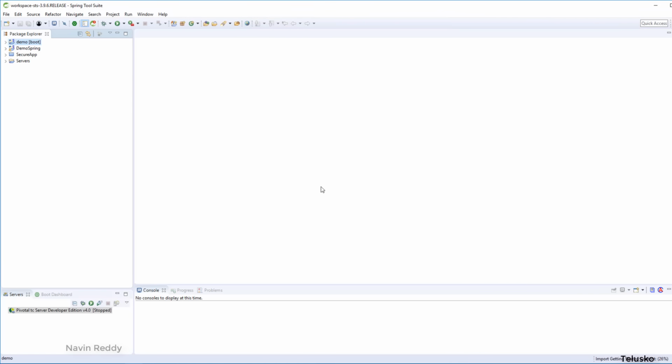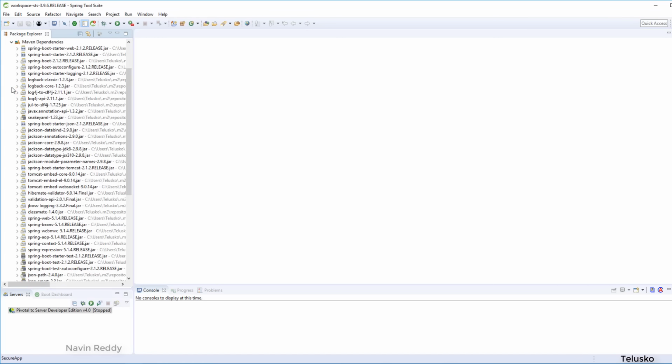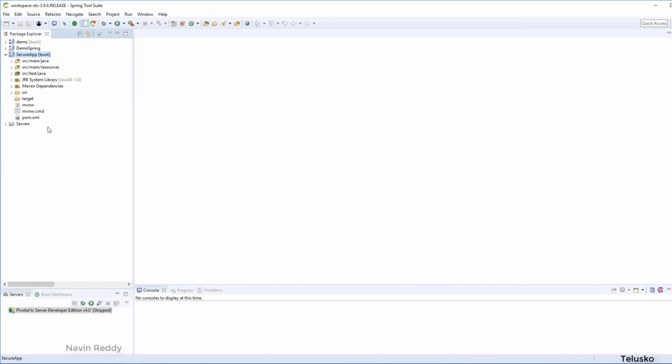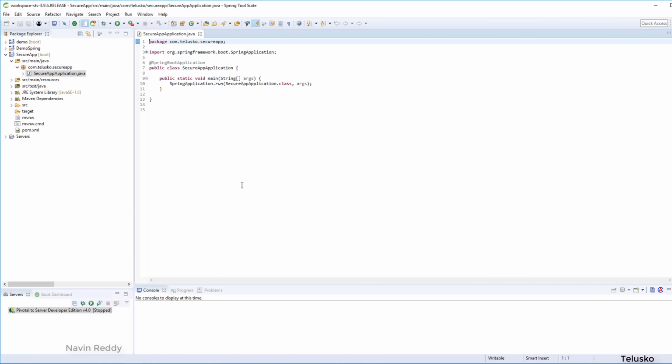Now, once you got your web project, you can see on the left hand side we got a project which is secure demo or secure app. That's our project, and you can see we have all the dependencies added here. Now, once we got them, let's create a simple application. First of all, whenever you want an application, you need a controller, right? Because the query which I'll be firing now is, okay, this is the application which we got, but when we